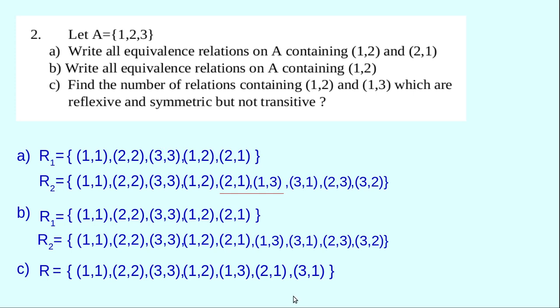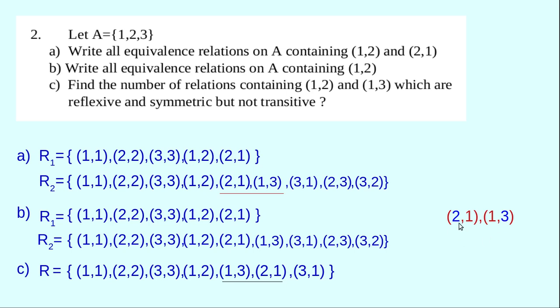What about the transitivity? Is this relation transitive? What is your opinion? No. Why? Listen, observe this ordered pair 1 3, 2 1. We can write this 1 3, 2 1 as 2 1, 1 3 also, because this is roster form. In roster form, the order in which elements are listed is not important. Therefore 1 3, 2 1 is same as 2 1, 1 3, and when